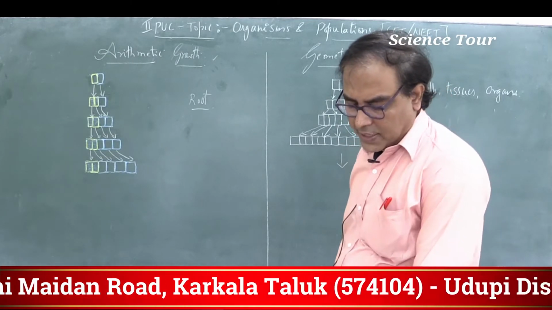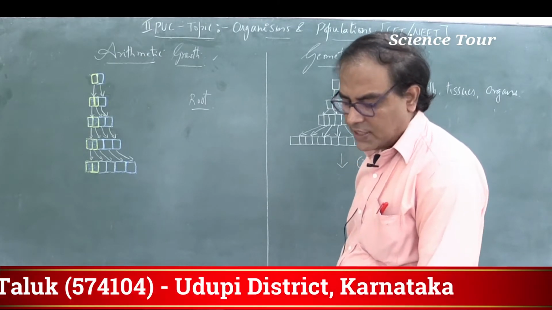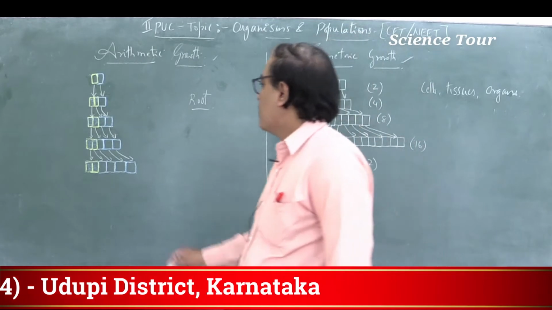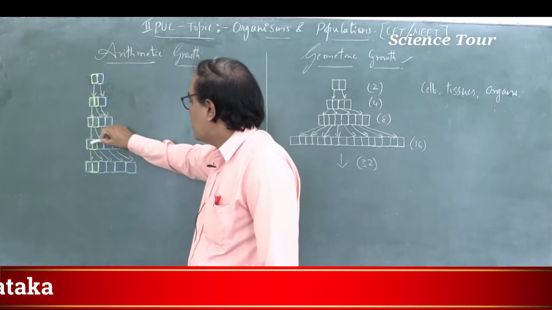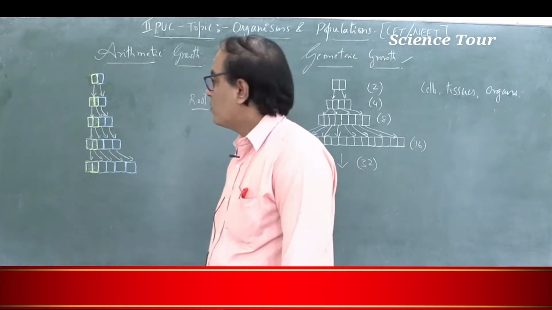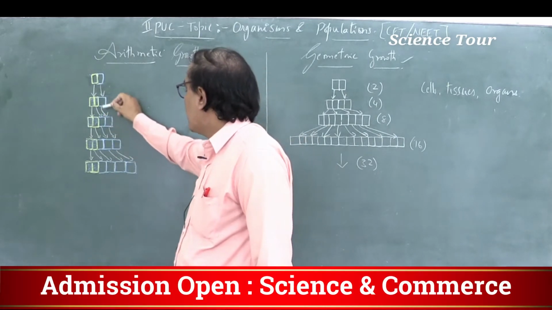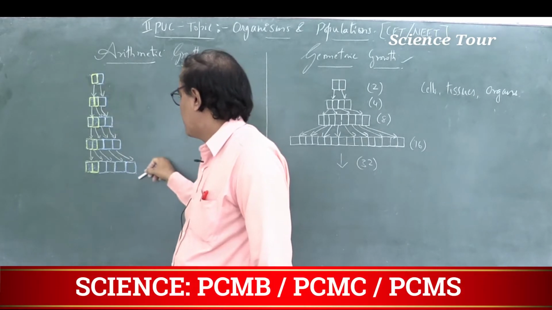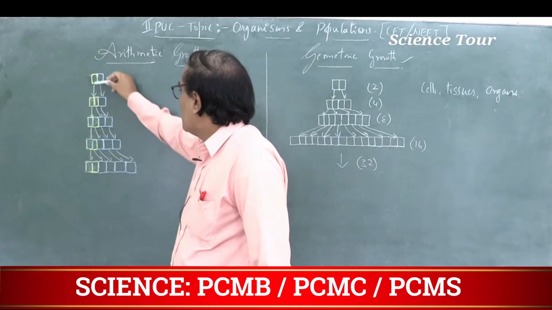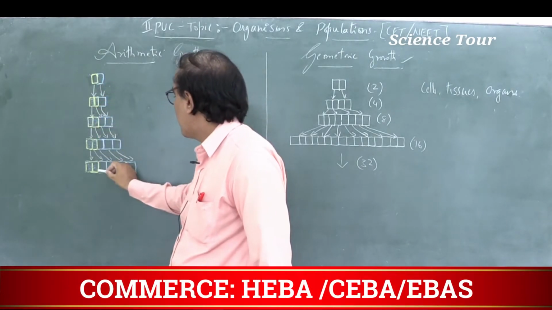following mitotic division, only one daughter cell continues to divide while the other differentiates and matures. Here only one daughter cell divides. This cell is dividing. See the yellow colored ones which I marked, those are the dividing cells. Then the blue colored ones are the non-dividing cells, because they are already divided, differentiated and matured. Only one is dividing. See, this one is dividing, this one is dividing, the other four remain the same.